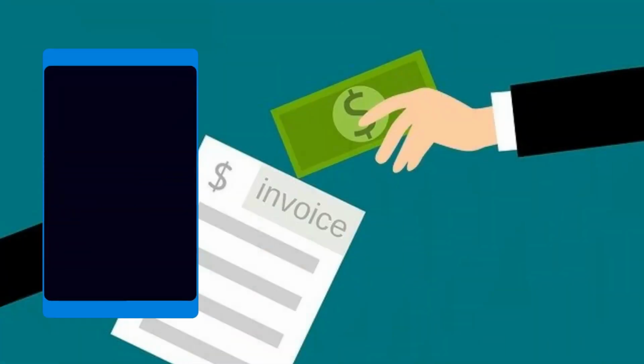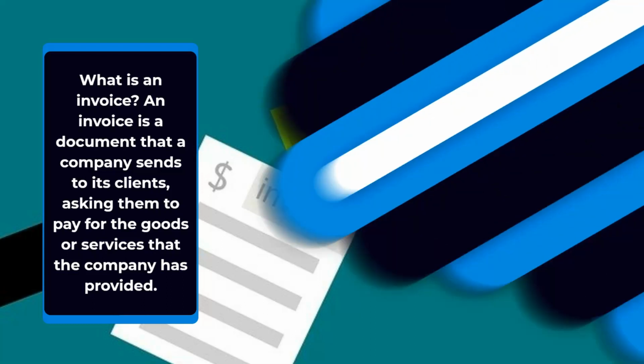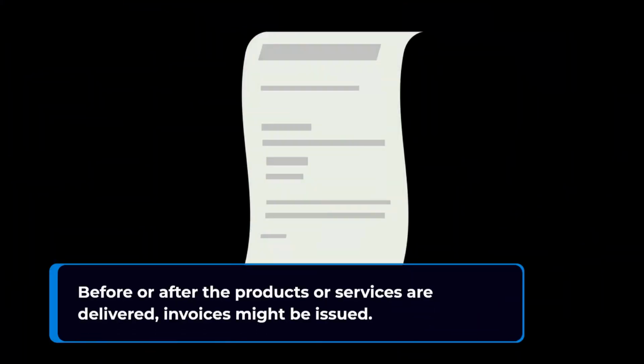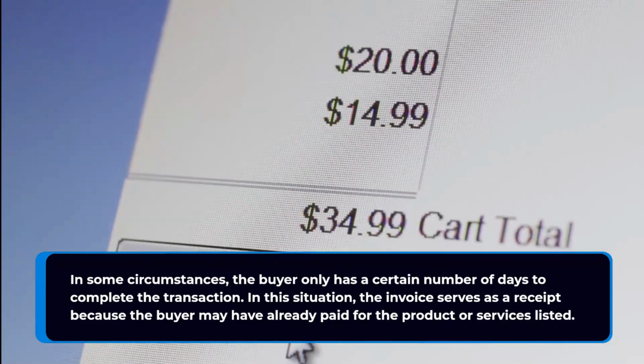What is an invoice? An invoice is a document that a company sends to its clients, asking them to pay for the goods or services that the company has provided. Before or after the products or services are delivered, invoices might be issued. In some circumstances, the buyer only has a certain number of days to complete the transaction. In this situation, the invoice serves as a receipt because the buyer may have already paid for the product or